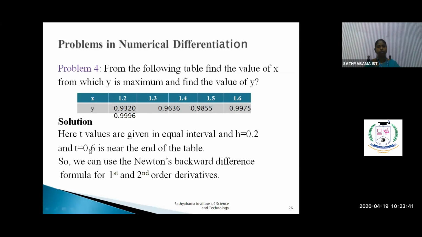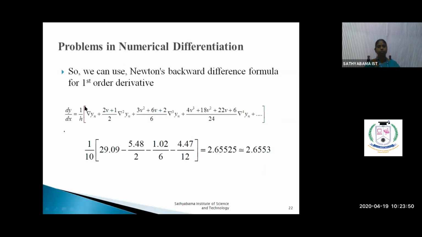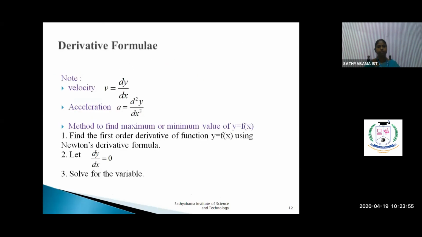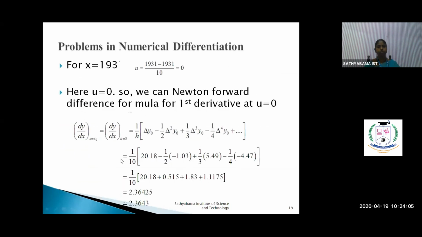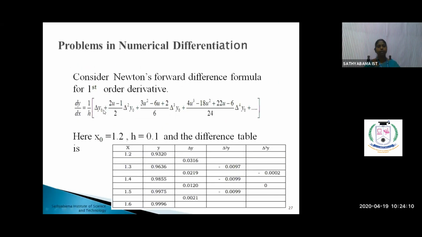And what we want to find out here, it is given the rate of change, I mean, we want to find the maxima and minima. So the procedure I have given. What's my procedure? The procedure is first you should find dy by dx and equate that to 0, and we will get the value of u. Okay. So that is taken here.